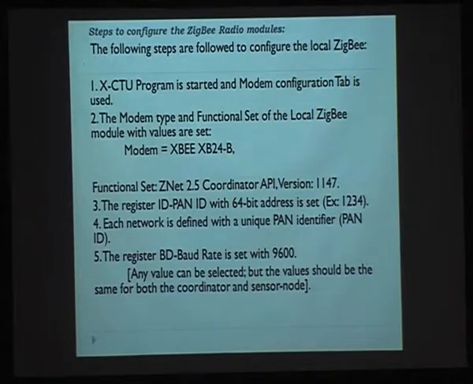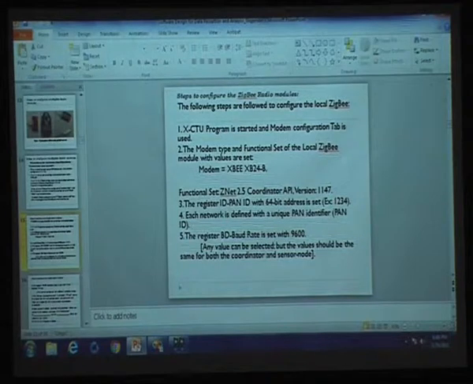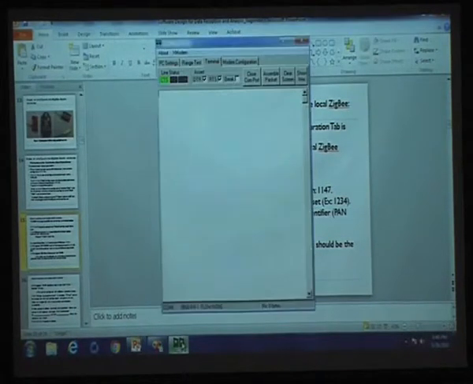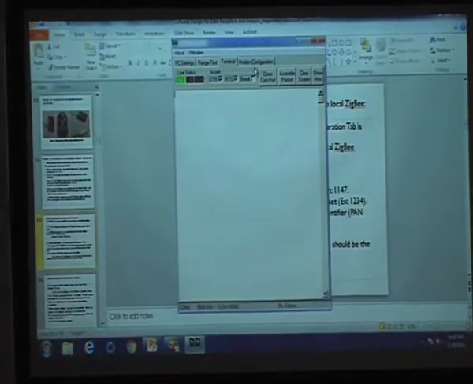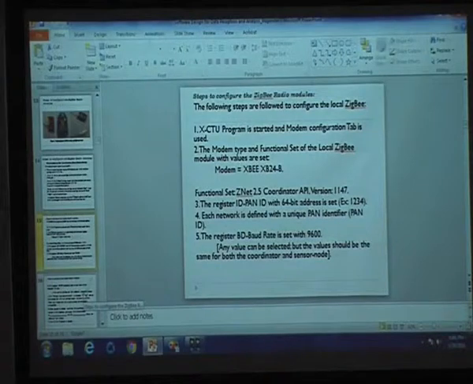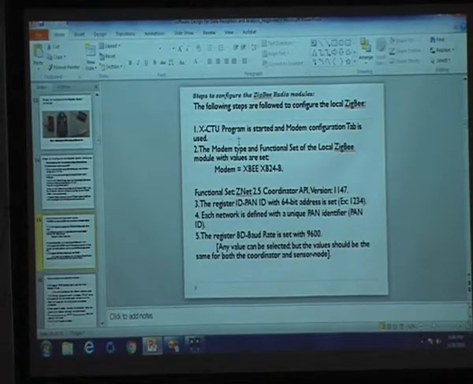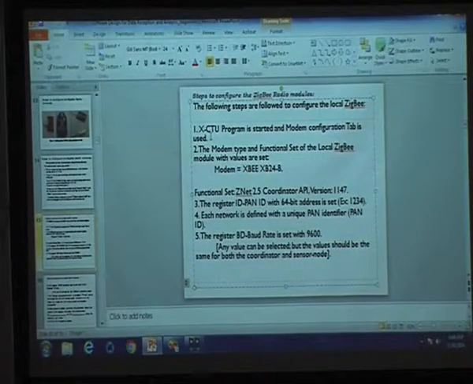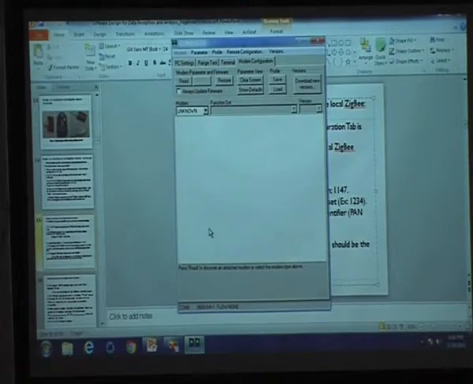Once you have plugged in the coordinator, you will come back to this XCTU and go to the modem configuration tab. So here the first step is that the XCTU program is started and the modem configuration tab is used. That is the first step that is written here. The modem configuration tab operation has been selected here. Then the next step is